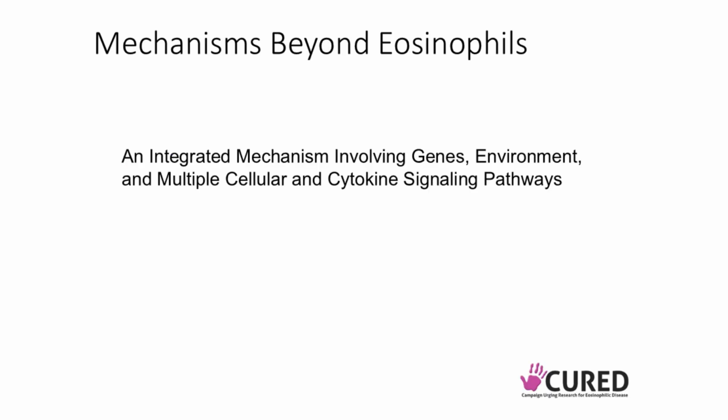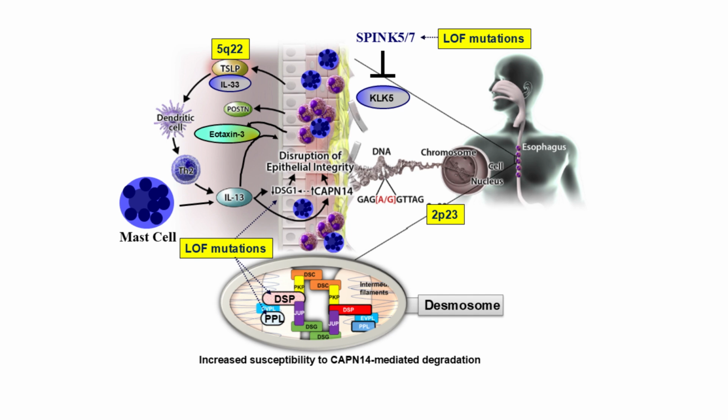So mechanisms beyond eosinophils include an integrated mechanism that involves the genes, the environment, and multiple cellular and cytokine signaling pathways, which is shown in this image here. This is our working model of EoE pathogenesis. We know that there are a number of components of the epithelium of the esophagus that are critical, that there's a barrier impairment in the disease, that there are particular proteases, which are basically enzymes that repair the tissue that's dysregulated, particularly because some of the anti-proteases like Sphinx are deficient in EoE. This triggers overproduction of the